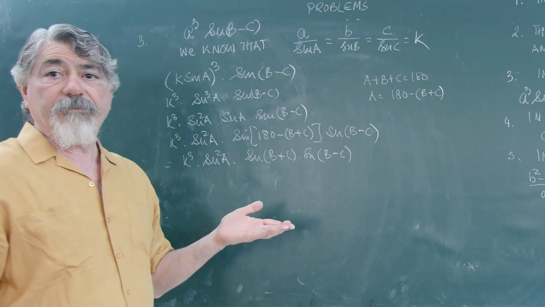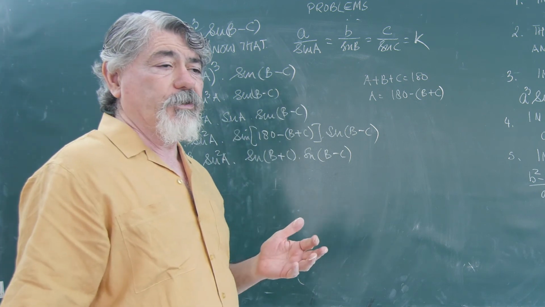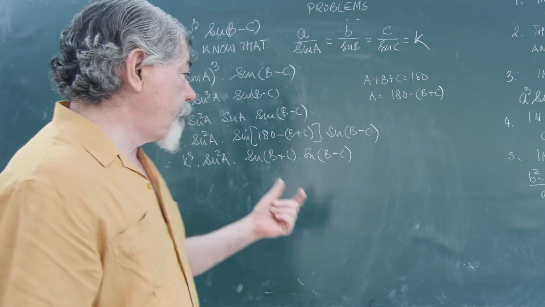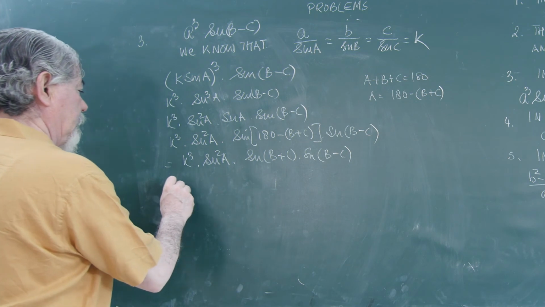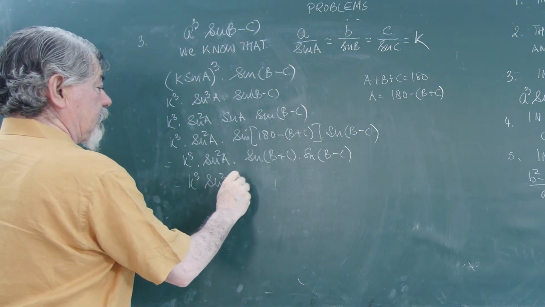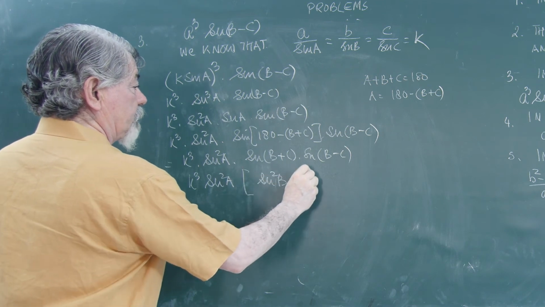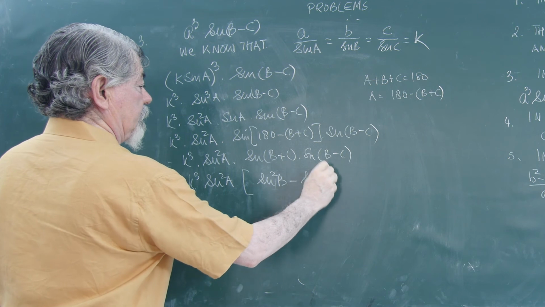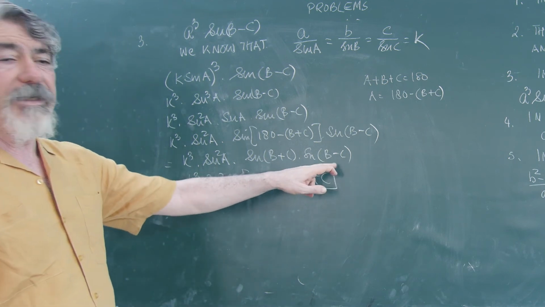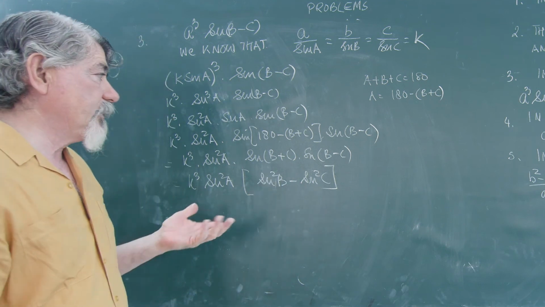These are the basic formulas which we had done in the beginning. If you go back and see in your videos or in your notes, you will find this formula there: k cube sine square A, and this will become sine square B minus sine square C. Sine (B plus C) into sine (B minus C) will become sine square B minus sine square C. You can do it.